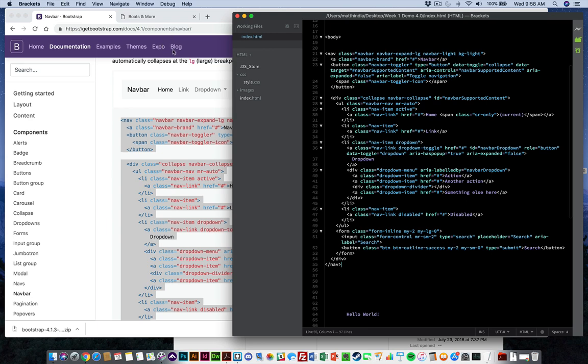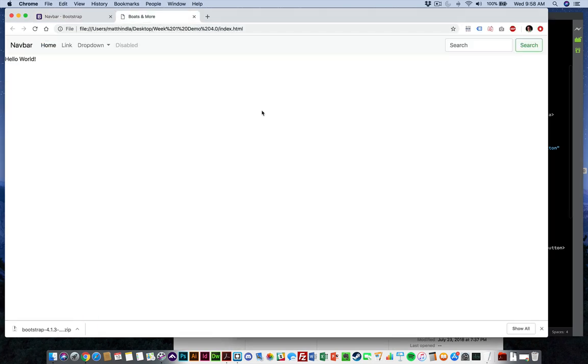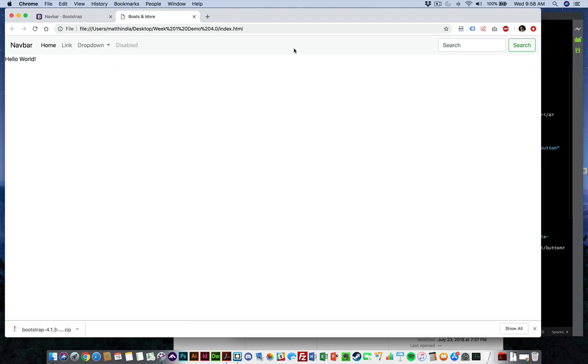I can save it and then go back to my page and refresh. And you can see that now we have our navigation in here set up properly. So one thing that you want to do at this point is to click on this dropdown to make sure that the dropdown is working properly. If you don't get this dropdown working properly, then that means that your JavaScript files are not linked successfully. So double check all three of those and make sure that they're linked properly and in order. If you don't see any of this visual style of the navbar, then you want to double check your CSS. So you have to have all of those Bootstrap libraries successfully connected in order for this to work